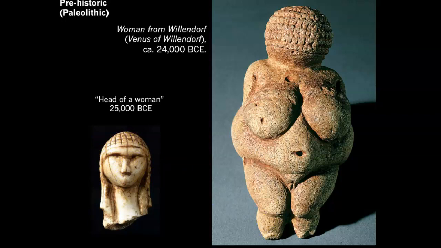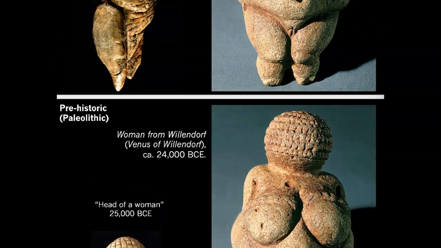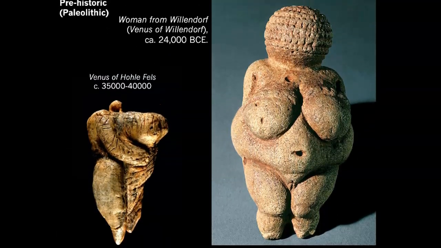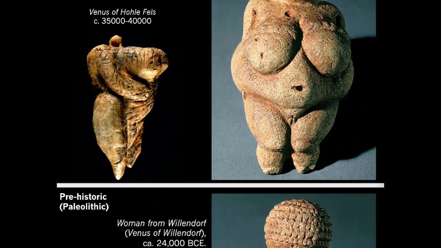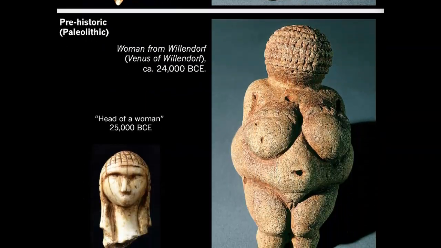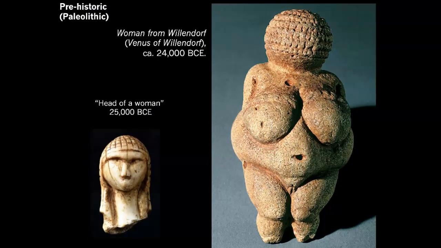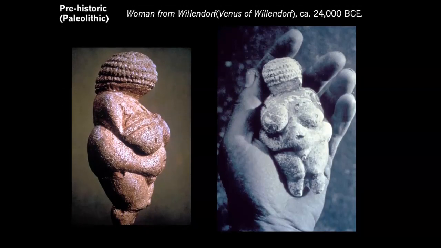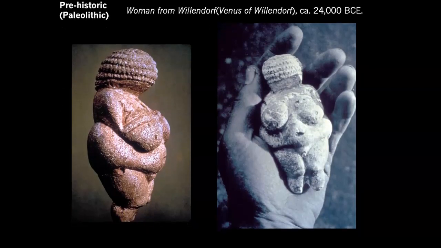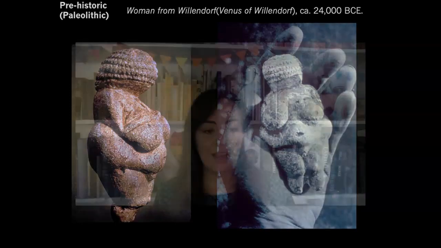So keeping these things in mind, we can understand that humans during the Paleolithic period were creating these images in stone and in bone for some kind of expression. Now, the Venus of Willendorf is small enough to fit into the palm of your hand. She's only about 4.5 inches high, and I have the